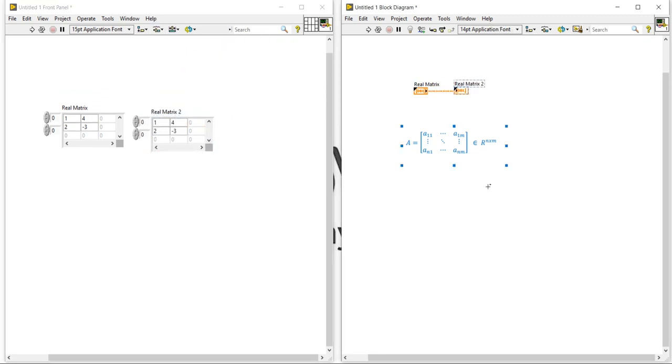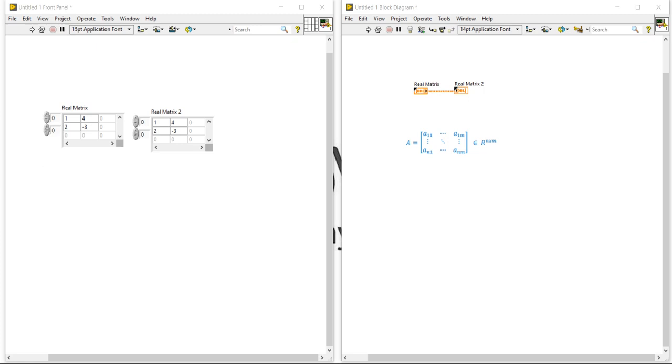Now our next example: how can we create the transpose of that matrix? What is the function of the transpose of a matrix?